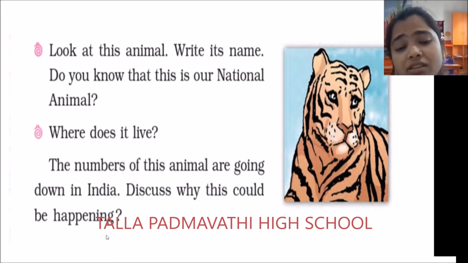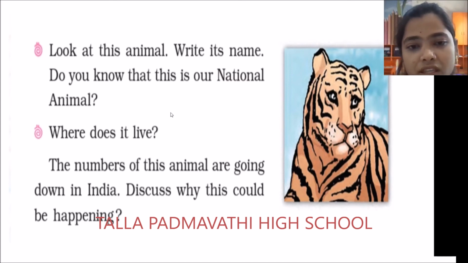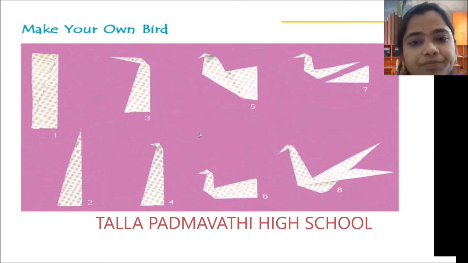The reason why this is happening is hunting and cutting trees in the jungle, like deforestation. If we are cutting the trees, the jungles are completely vanishing around. Not only that, the hunters are killing the animals for their skin, so that they can get a lot of money after selling the skin of a tiger.